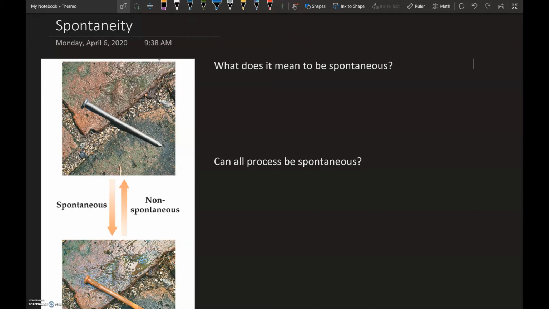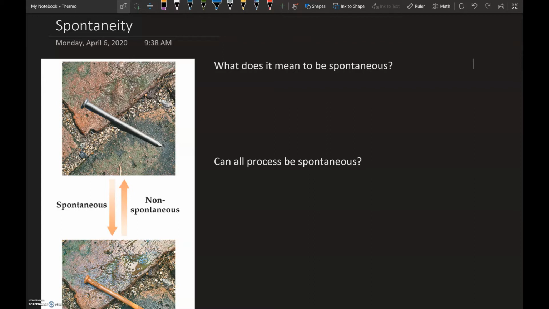The best way we can talk about it is with an example: if we take a nail and put it outside, and we come back to it after a few days and it's rained over that period of time, we'll see the nail has an orange coating on the outside. This orange coating is referred to as rust, and